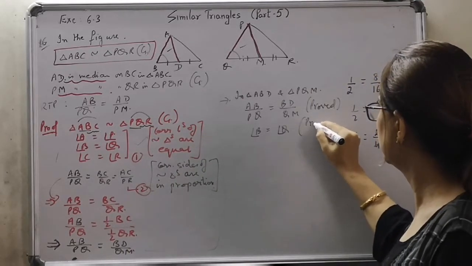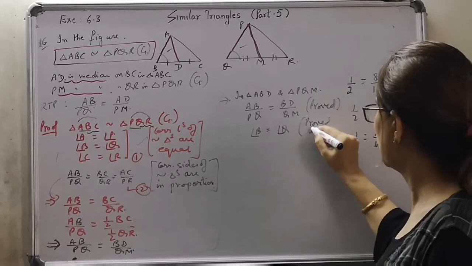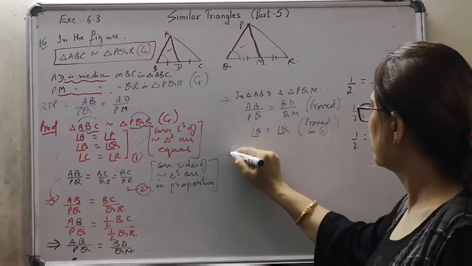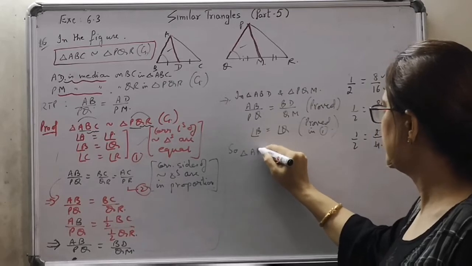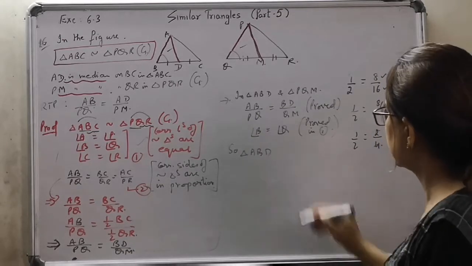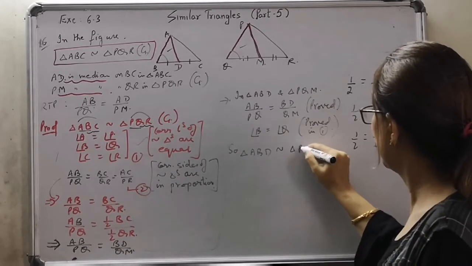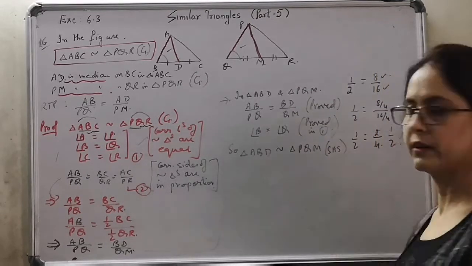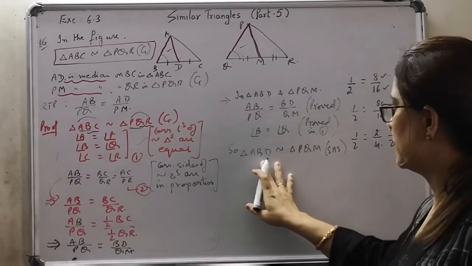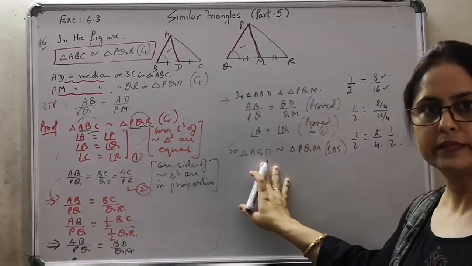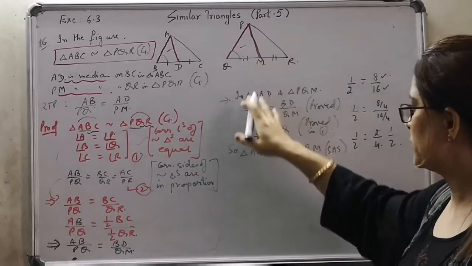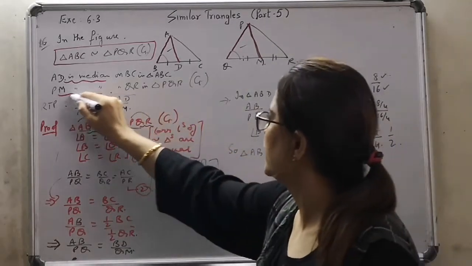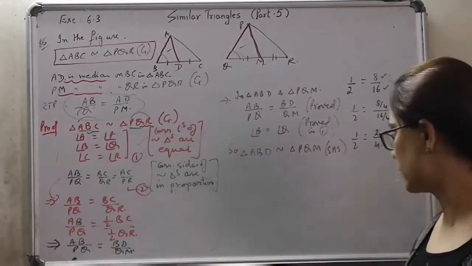Again you can pen down proved in part 1. So triangle ABD is similar to triangle PQM by साइड एंगल साइड सिमिलैरिटी क्राइटेरियन. और अगर ये ट्राइंगल सिमिलर है तो कॉरेस्पॉन्डिंग साइड्स आर गोइंग टू बी इन द सेम रेशियो. तो तीन जो साइड्स पड़ती हैं में से उन्होंने दो हमसे मांगी हुई है. टारगेट के हिसाब से हम इन्हीं दो को कंसिडर कर लेंगे.